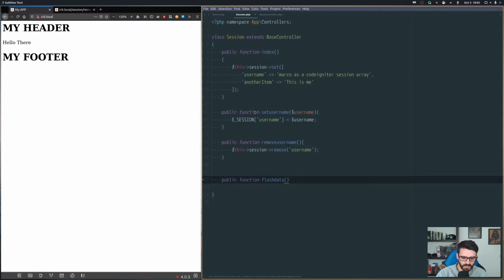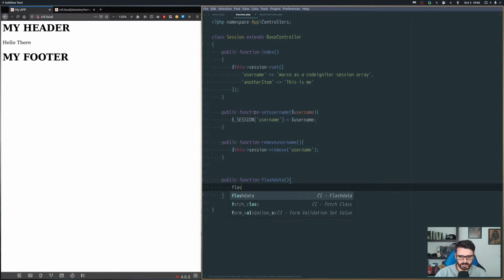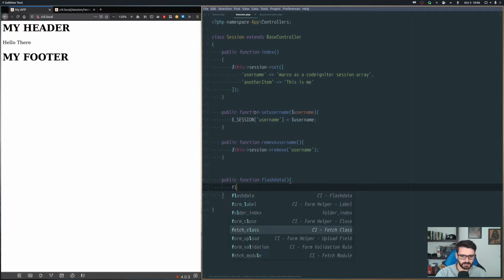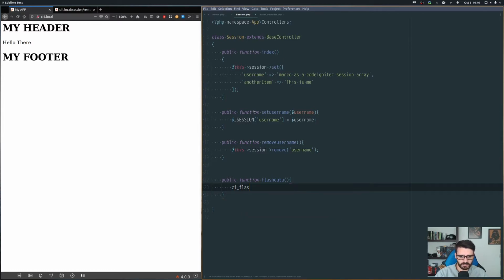And then I'll just echo a form of sorts, or I can just redirect the user with some flash data. So I'll set the flash data here and access it the other way, and then refresh and you'll see. So if I use the flash data,